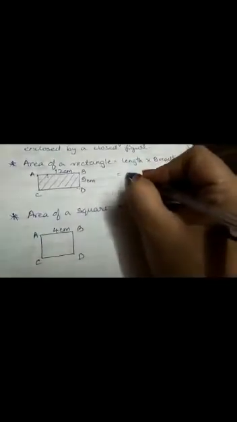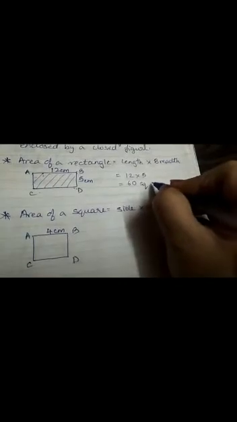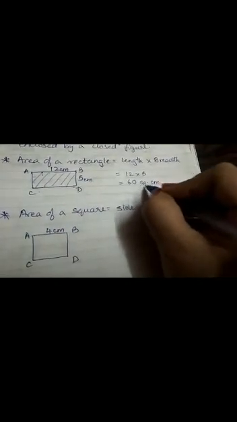The formula to remember is, area of a rectangle is length into breadth. Now you know that the longer side of any rectangle is the length and the shorter side is the breadth. So area of a rectangle is length into breadth. That will be 12 into 5. That will be 12 5s are 60. But the value is always written as sq centimeters. Sq stands for square centimeter. So the unit is always written in square units.